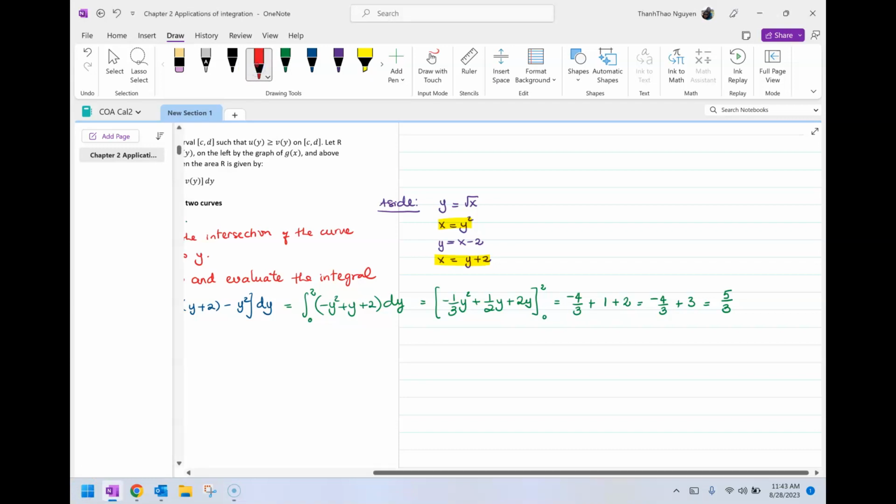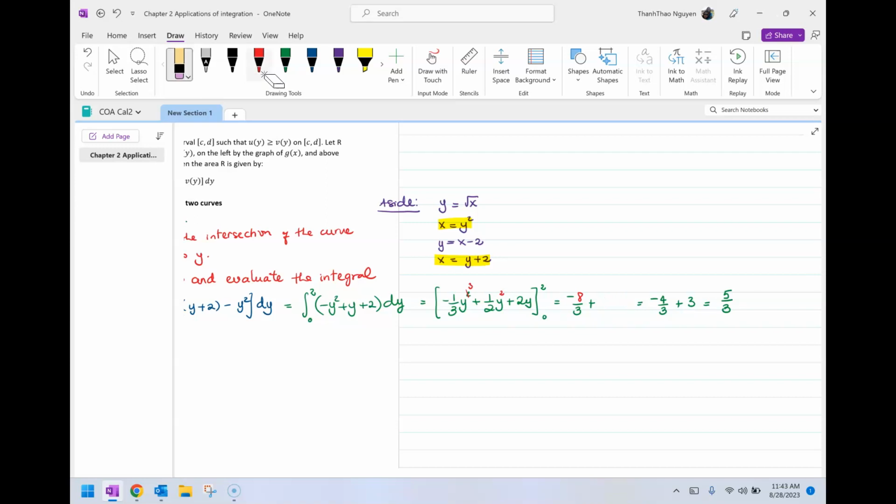Excuse me. This term here should say negative 1/3 y to the third. So then the negative 4/3 has to change to negative 8/3. Negative 8/3. And we also have 1/2 y squared. This means we have 2 plus 4. 2 plus 4 makes